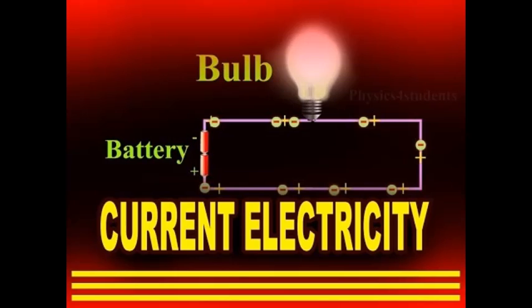Now, if we compare this one with the series circuit, there we learned the one component which has the highest resistance will receive more voltage, and here it receives less current, isn't it? Completely opposite to each other. Okay, now come to the point. We say a parallel circuit is also known as the